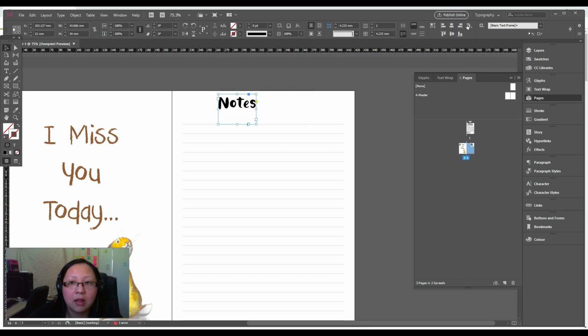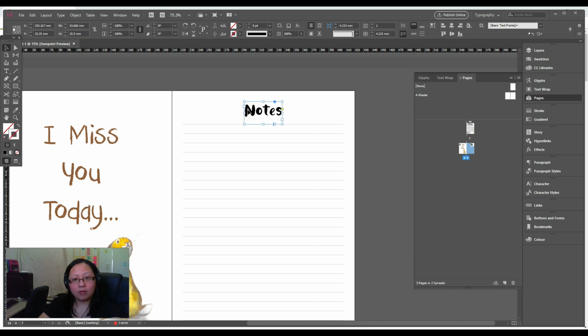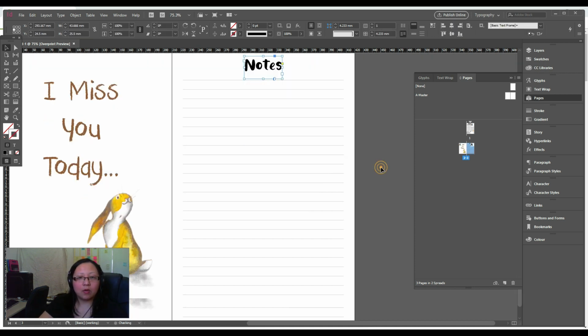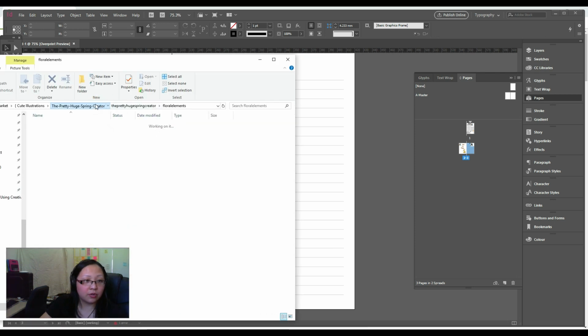And then I'll align to margins. Okay, I think that's pretty good. Okay, so another way I like to use my cute graphics is through